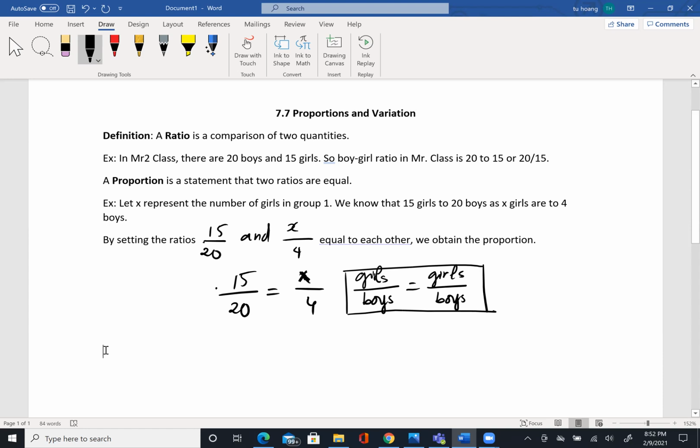Remember the way to solve this: you can use cross multiply, like in the previous one, this with this, this with this. So you have 15 times 4 equal to